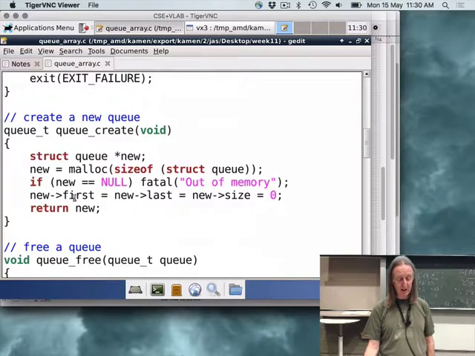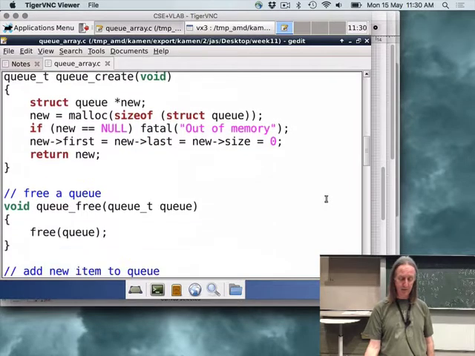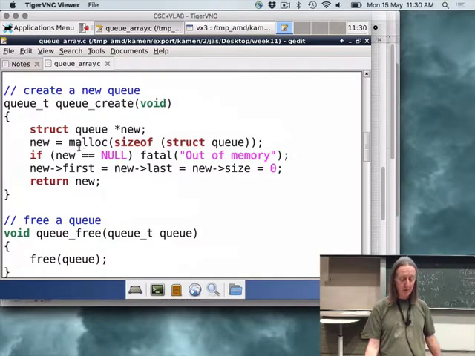So initially we set first and last and size all to 0. These two are index 0, that one is a counter which happens to have the value 0. So we've malloced a new queue object and we're returning a pointer to that queue object.